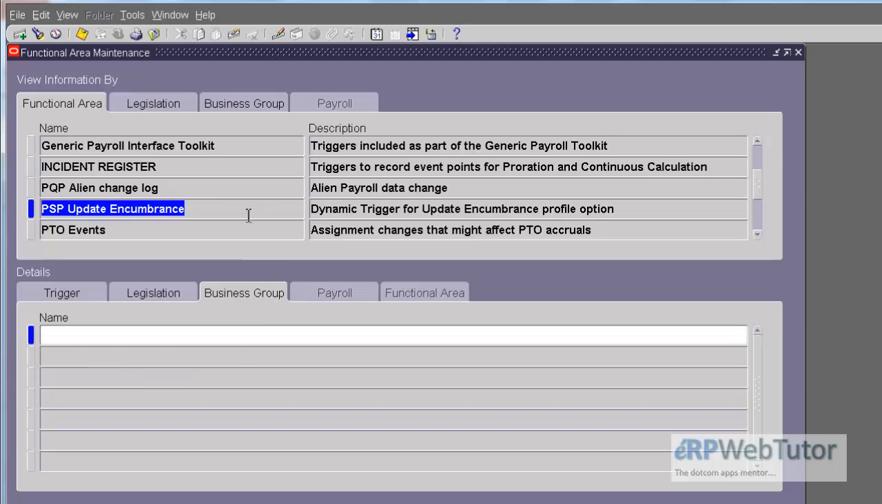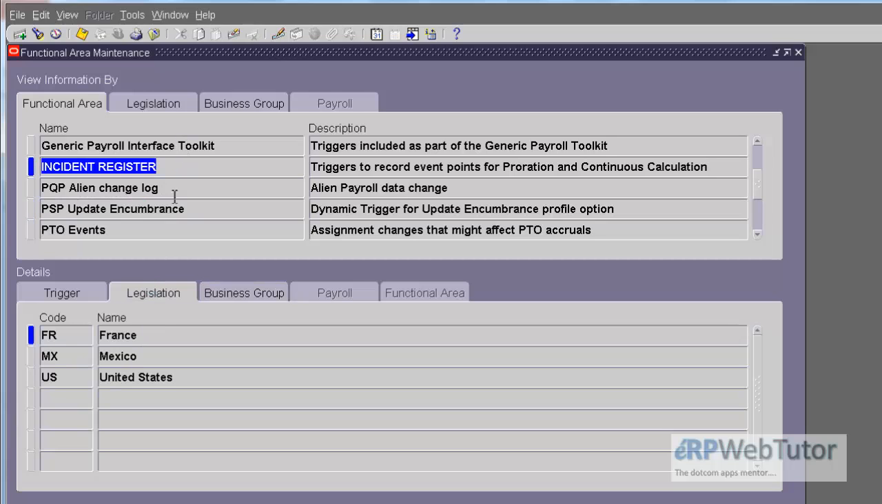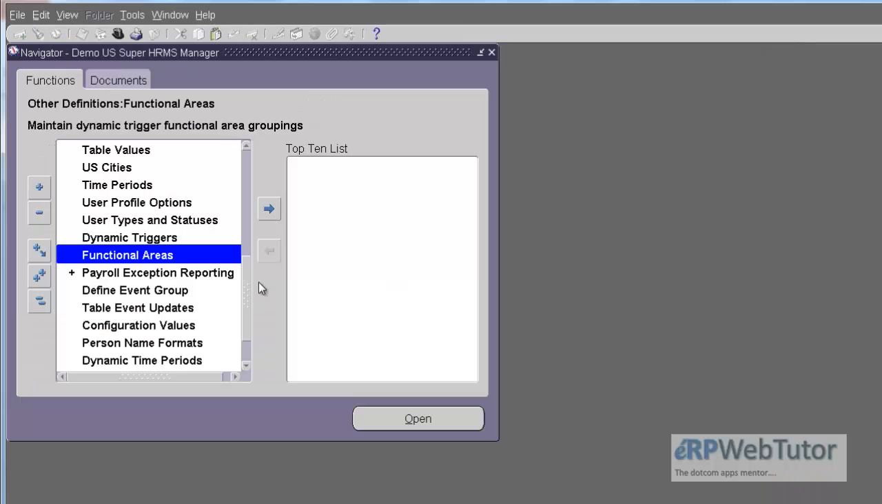So the only thing that you need to do is select the incident register, go to the legislation tab and add your legislation in here. That's all. Okay? Excellent. So now let's move on to the next step, which is the element which is going